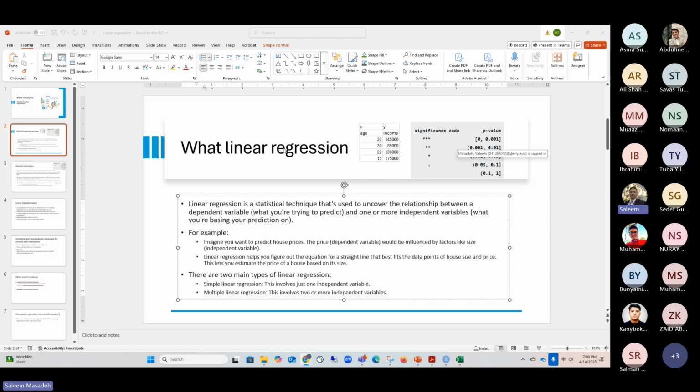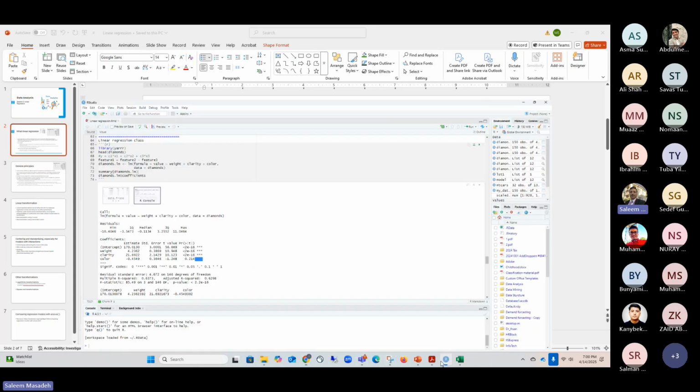What does it mean? So the 3 stars, when you see the 3 stars, this means that the p-value, as you can see here, ranges from 0 to 0.001, which means that variable, that feature, is highly or very highly significant. What does it mean? For example,